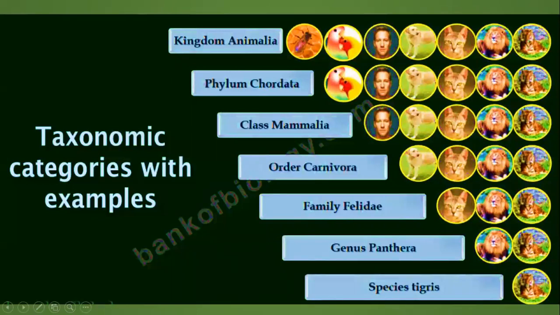Look, species tigris, then genus Panthera, then family Felidae, order Carnivora, class Mammalia, phylum Chordata, and kingdom Animalia. Just understand this, guys. In species there was only a tiger. When it comes to the genus, you know what all are added over there. What all things are extra added, so that number will increase. So the number of species increases as we move from the species to the kingdom. Is that clear, everyone?